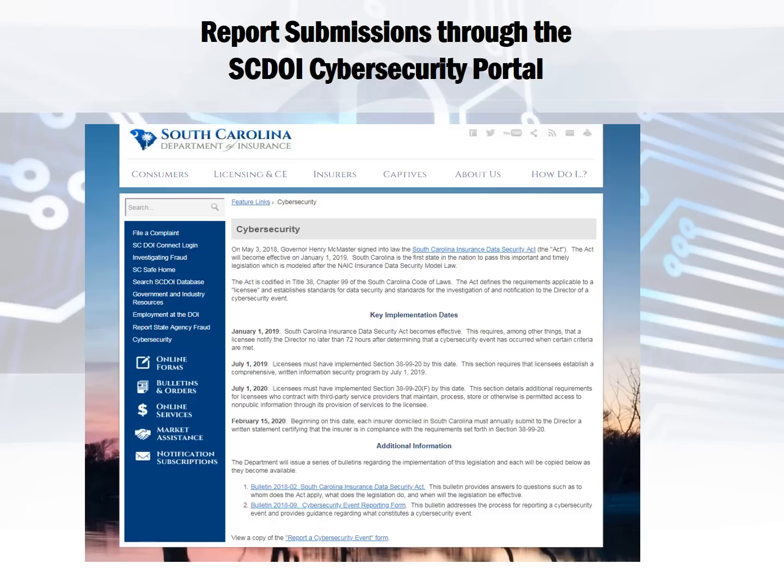I want you to note on the left side of the page, a little over halfway down, there's a tab that says online services. Report submissions after an event or even the annual compliance certification may be able to be made through SCDOI's online services right there. You can also access that through our home page, and we'll continue to build out this web page as more guidance is provided, more forms developed, etc.